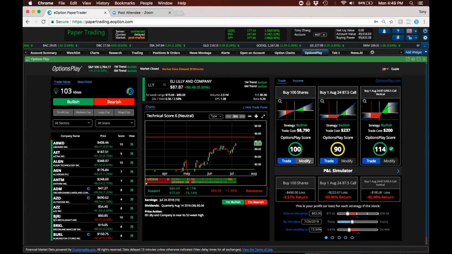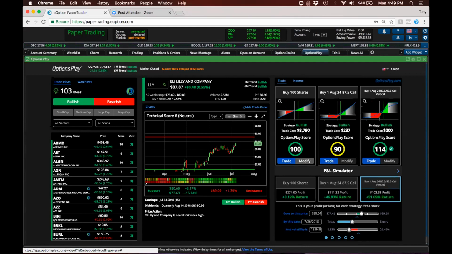So you lose a smaller amount of money if you buy this call vertical and the trade goes against you. And if the stock goes in your favor, you can potentially make a higher return on this call spread, depending on how far the stock moves. So this tool really allows you to play around and see the different scenarios so that you can exactly determine what your expected profit is, what your expected losses are, so that you can decide which one you want to make.